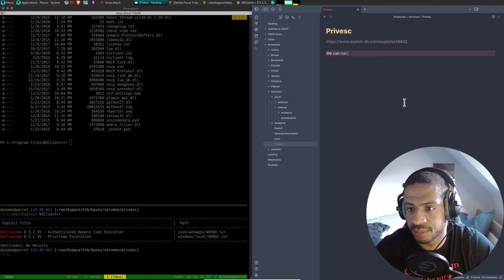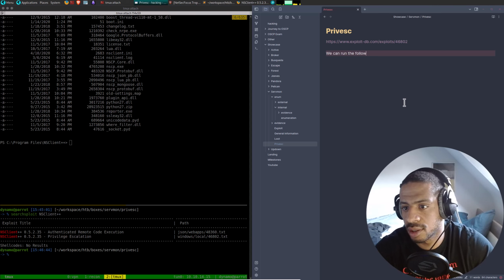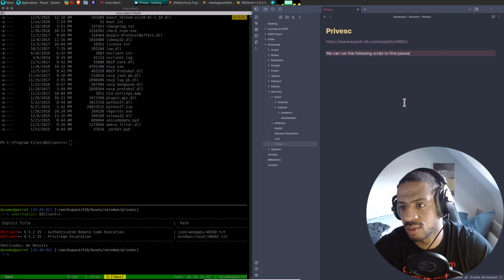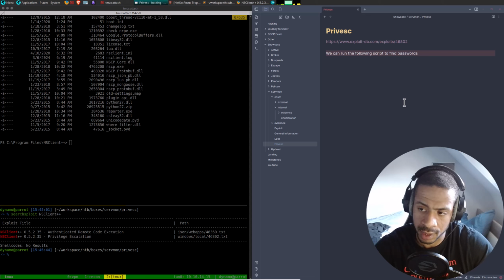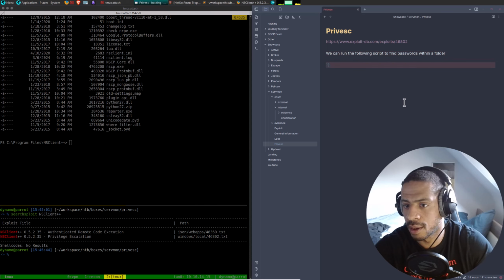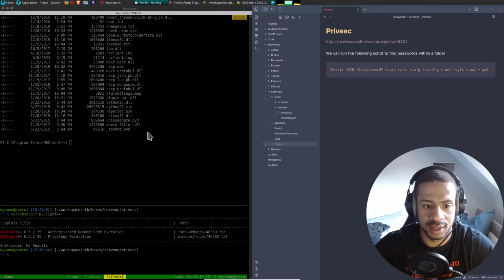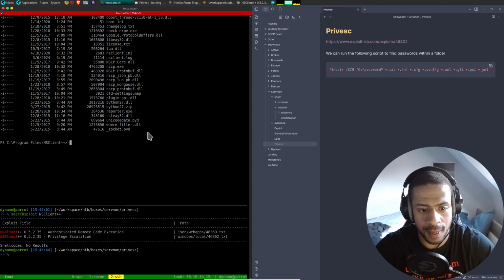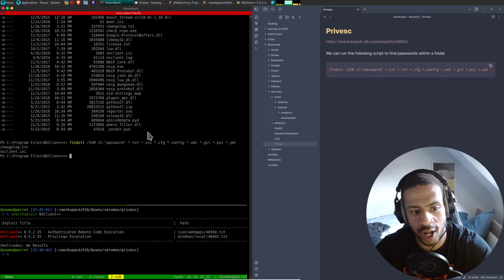We can run the following script to find passwords within a folder. Let's run it. And it finds two files where there's a password inside.